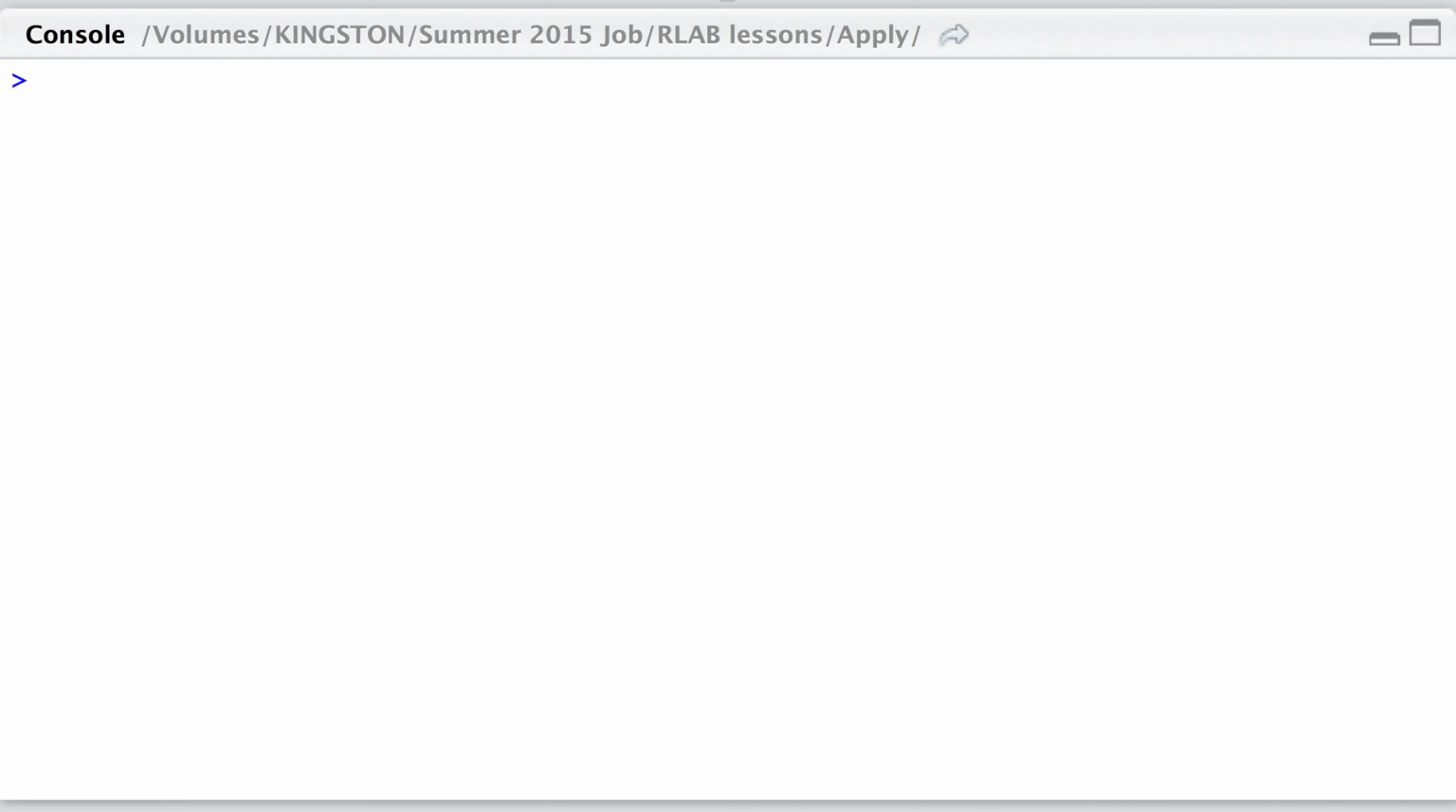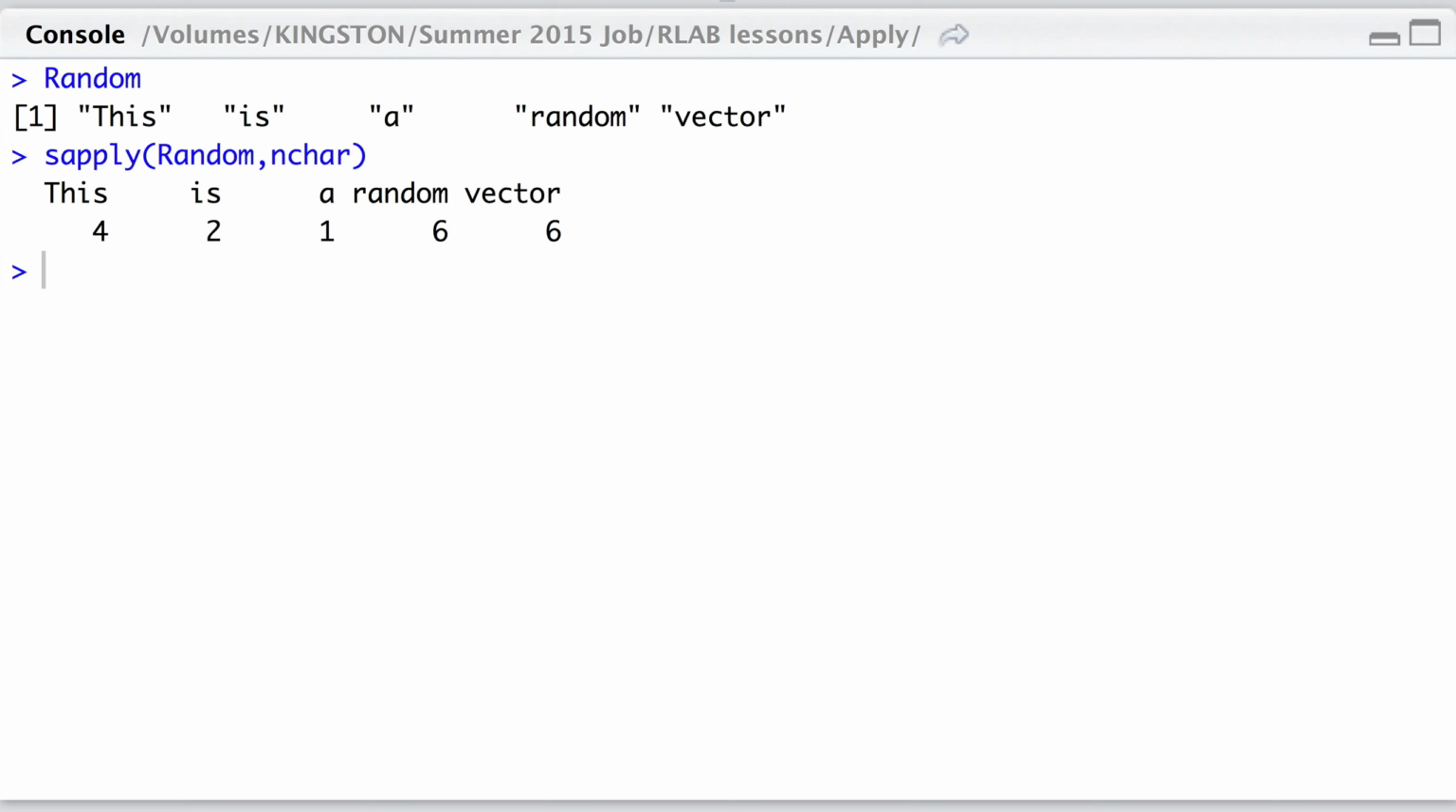And we can also use sapply on our vector. So here's the random vector, and we can execute this command. Sapply random nchar. And there we have a nice vector-based output with the actual elements written as headings above the associated output. Now you might be wondering when you would get an output that could not be simplified to a vector or a matrix. Well, here's an